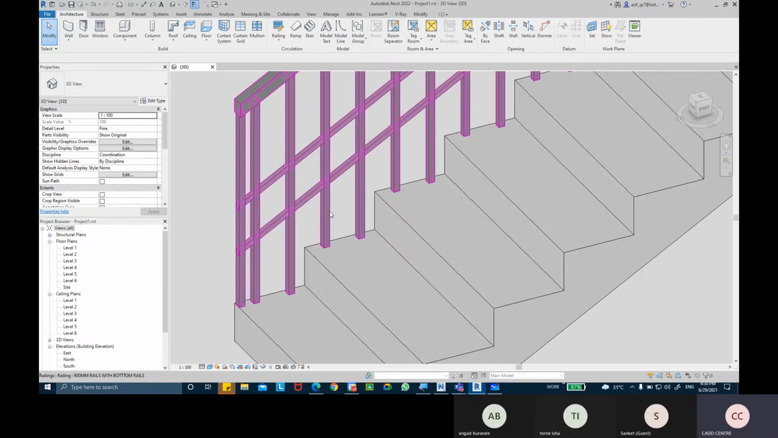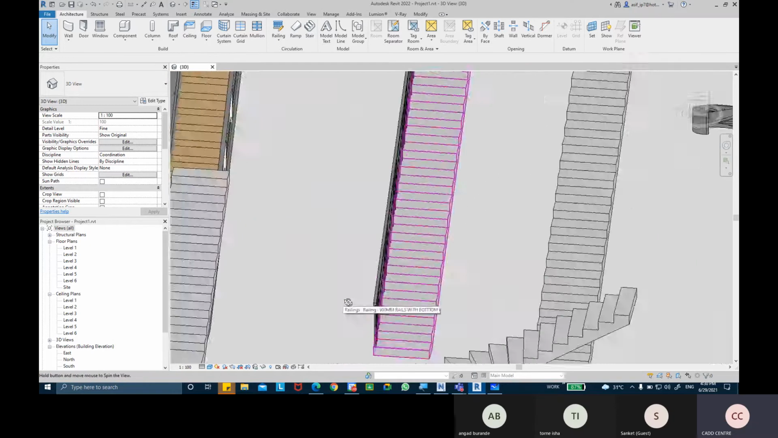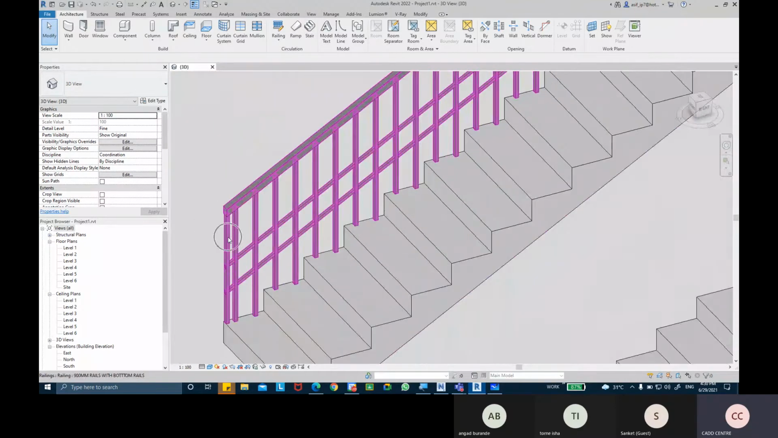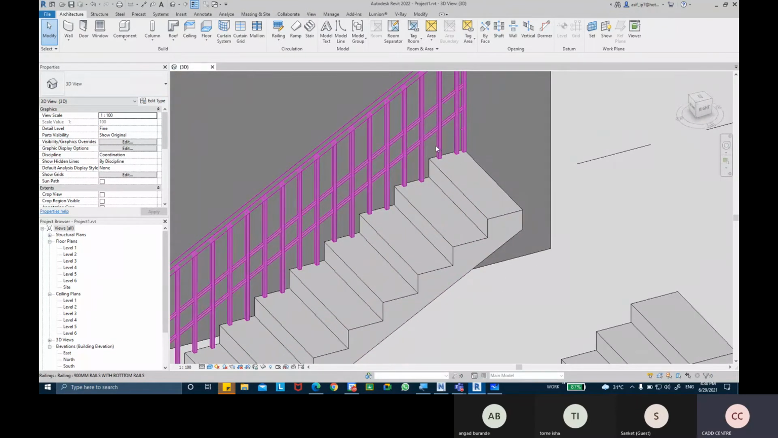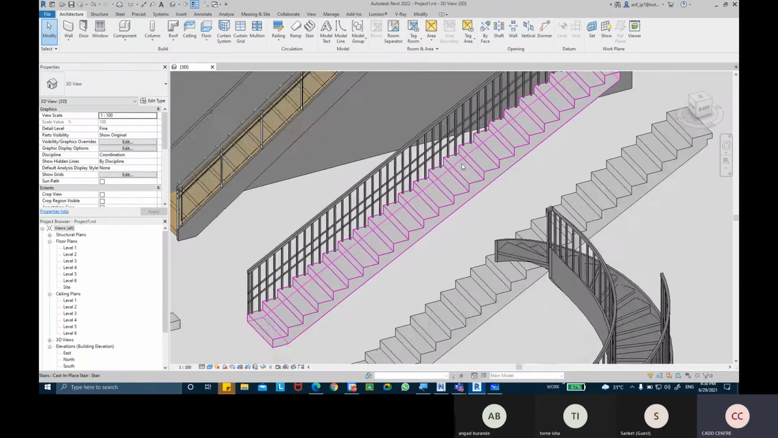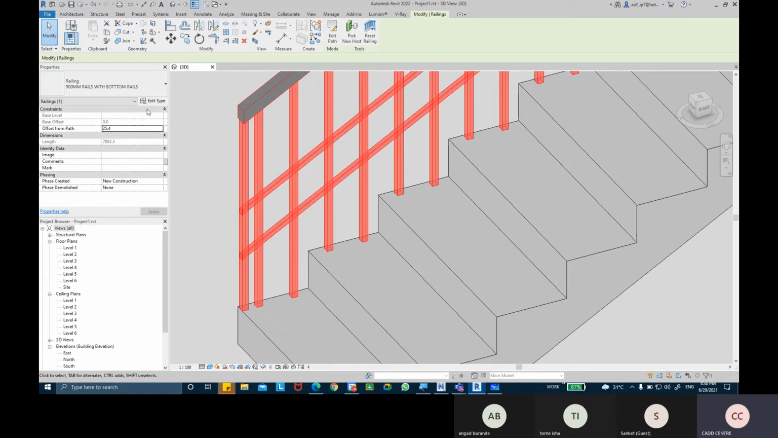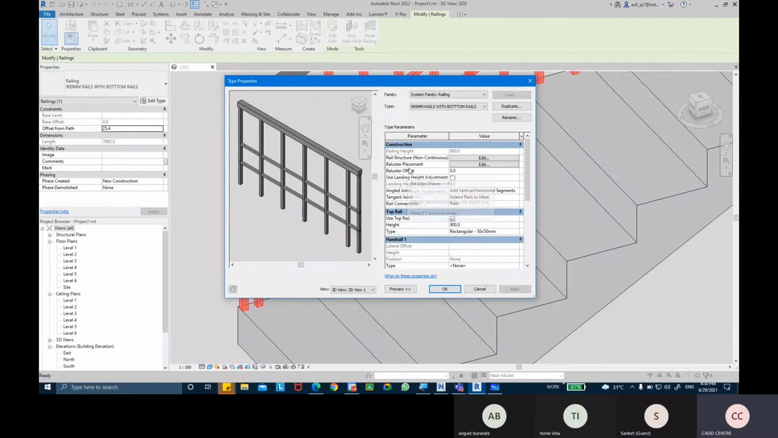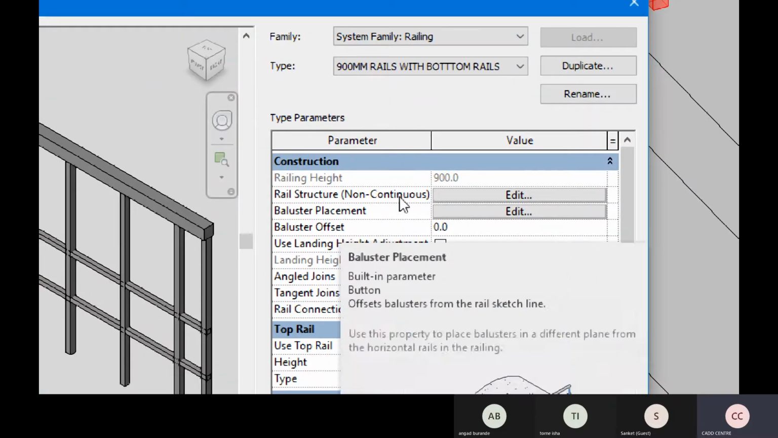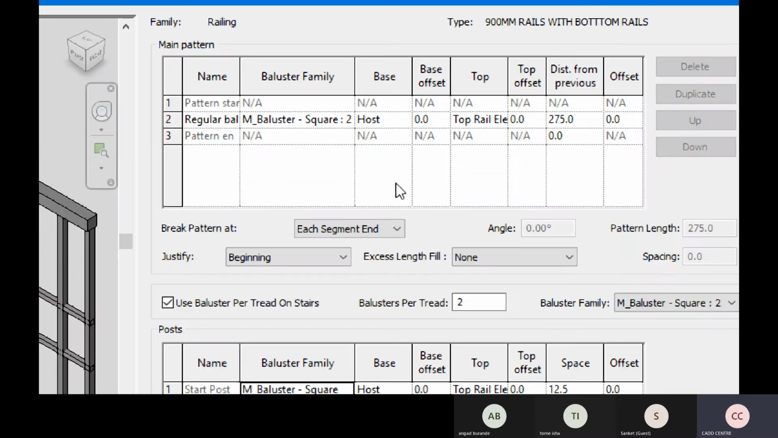Right now, we wanted to even change the posts or the balusters basically. We have this post over here, we have the start post, we have the end post, and we have these balusters basically there. So if you wanted to edit them basically, what we're gonna do is we're gonna select this railing, come in the edit type, and now I'm going to come into this option which says baluster placement. You see, yeah, baluster placement options, and we can come into the edit option of balusters,